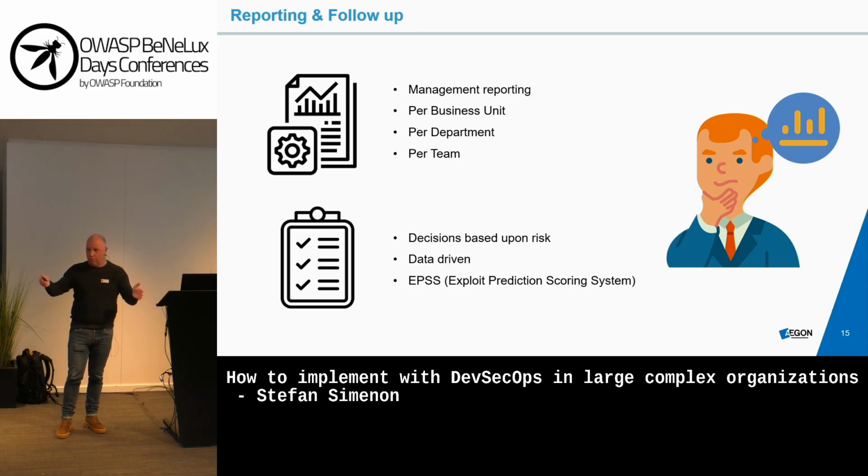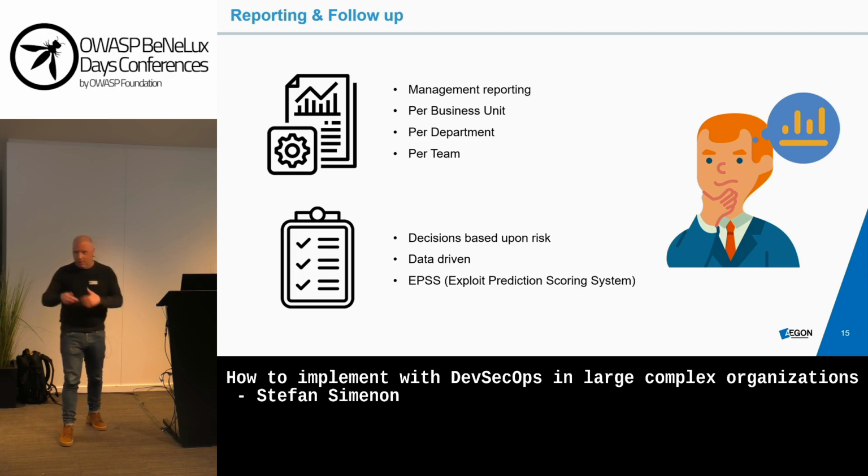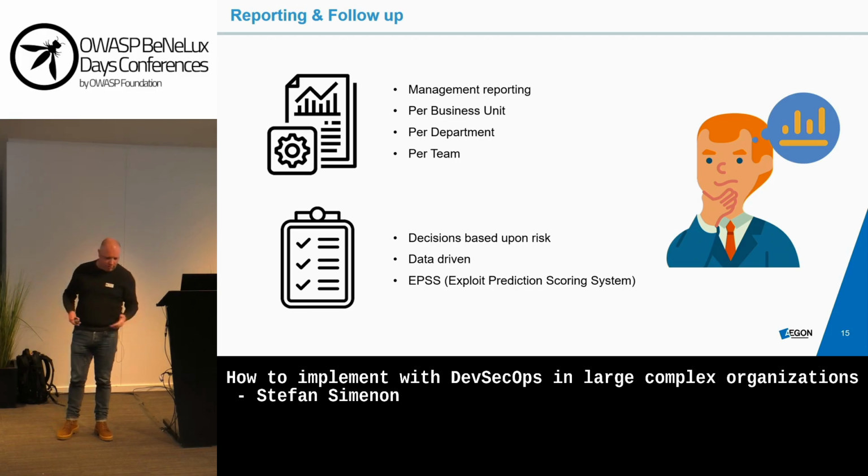What is the score on the highest level? Make sure you aggregate it to business unit, to department, to team. So that you can focus, that you can see which team is doing fine, which team needs improvement. And that also on a management level, you can see where are the most critical vulnerabilities, and where to focus on. And then also make sure that you steer it the right way. So many times you get some report, then if you score above 95%, you're green, and between 90 and 95, you're yellow, and below 90, you are green.